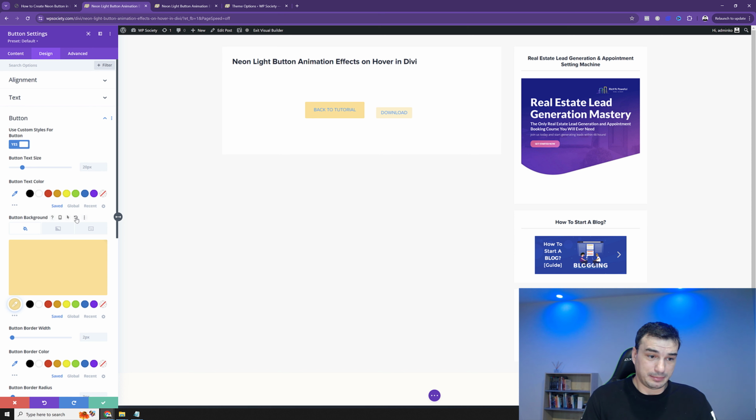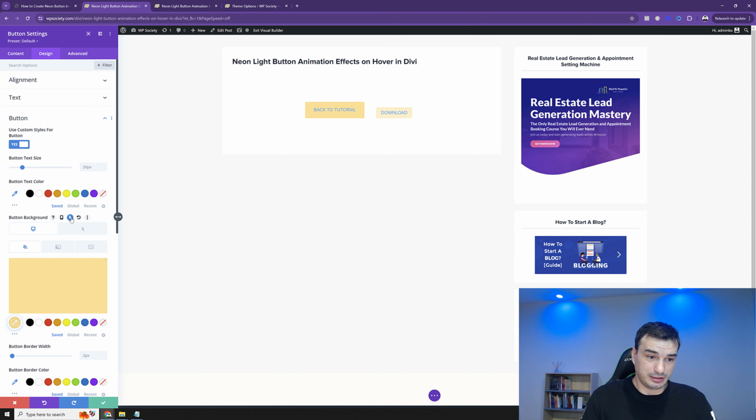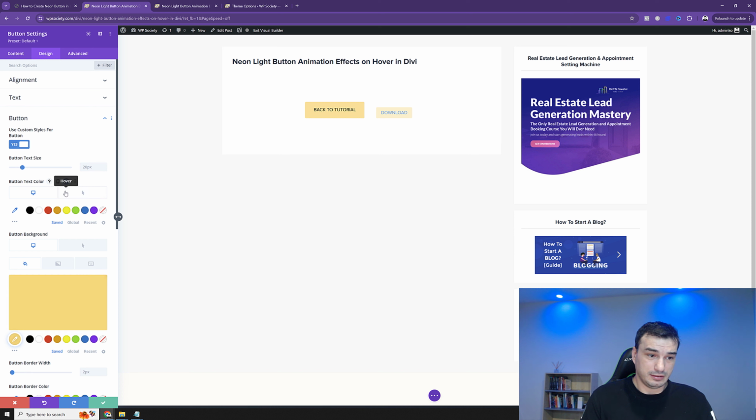And then you need to set up the hover effect on the background. So you click on this mouse icon and then hover and then select the background. And maybe you just want it a little bit darker. So like this. And then go back to desktop. So you can see normal, hover. And then you also want to select the button text color. So by default, I believe it was black. And then you want to select the hover to be black as well. And now if you save,